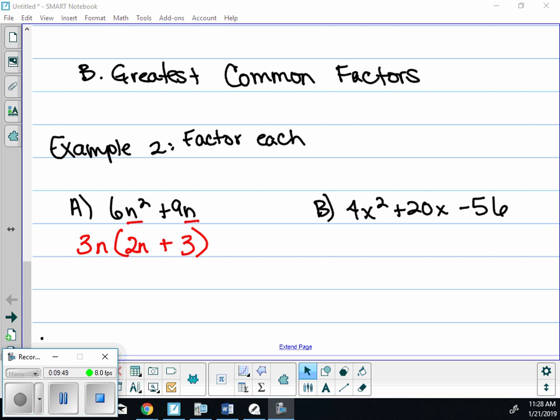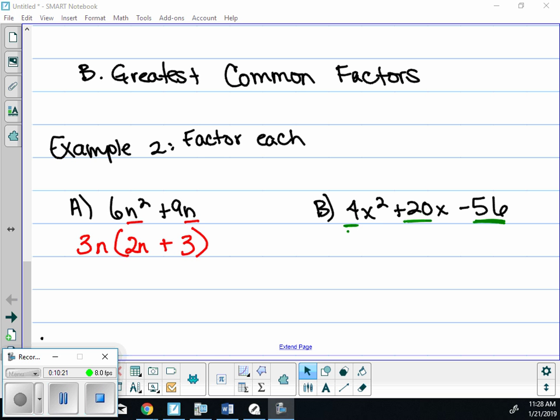Okay. This is a quadratic. We can factor it. Now I know that either this has to equal 0 or this has to equal 0. Sometimes we can factor out a number of a more complicated quadratic, which will make it possible for us to factor it further into two binomials. So if we look at 4 and 20 and 56,